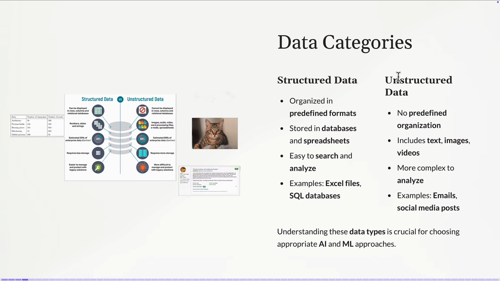For example, in social media posts, imagine that you have millions of posts about a certain topic, and you want to know the sentiment of people. Are they happy or unhappy about a certain topic? So using machine learning techniques, we can process text and transform any text with different lengths to either positive or negative.